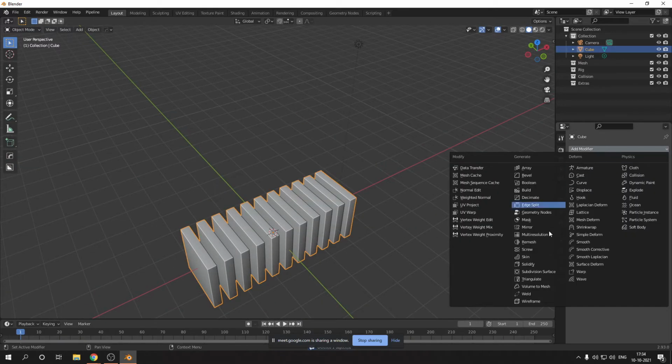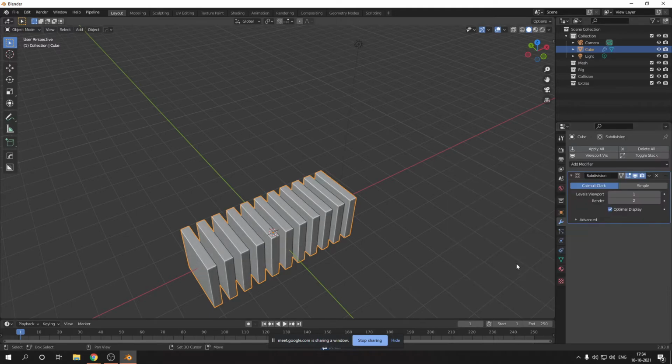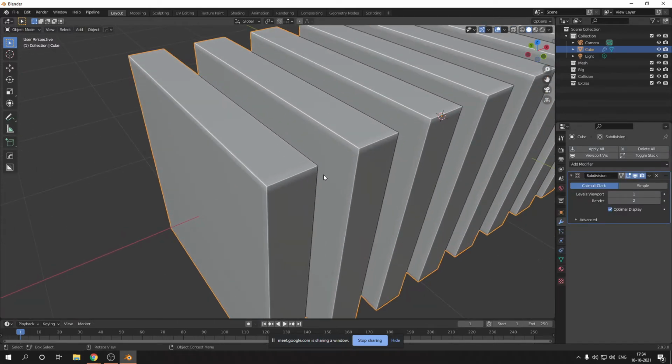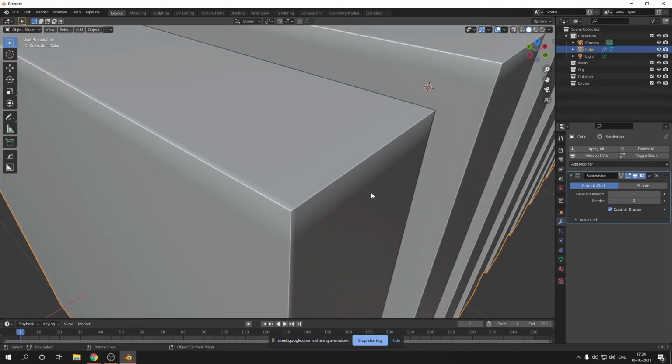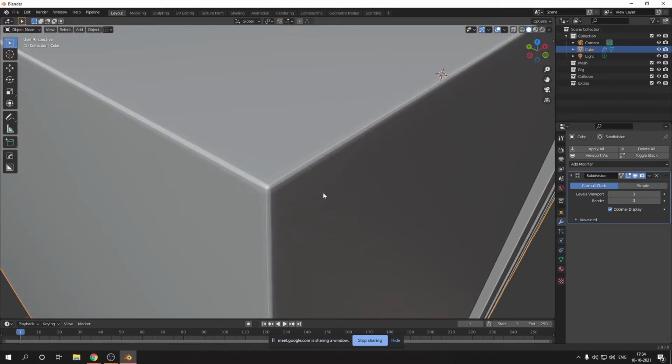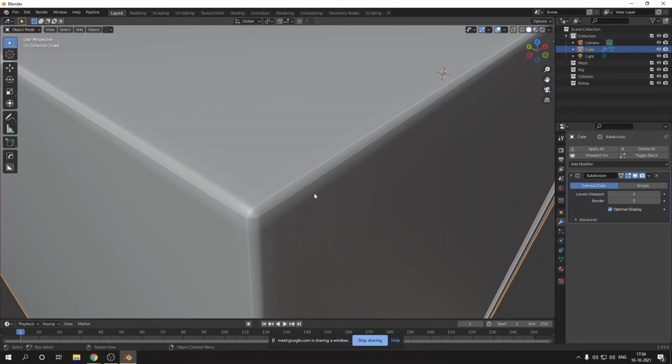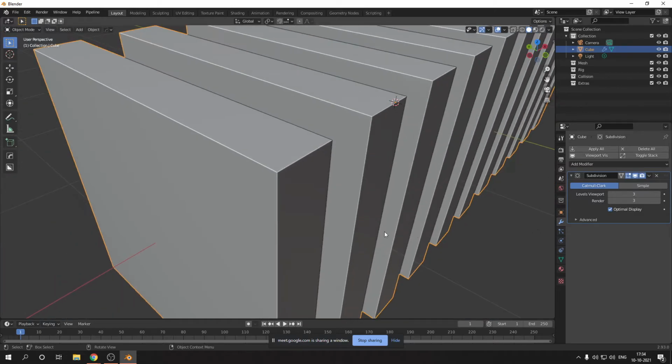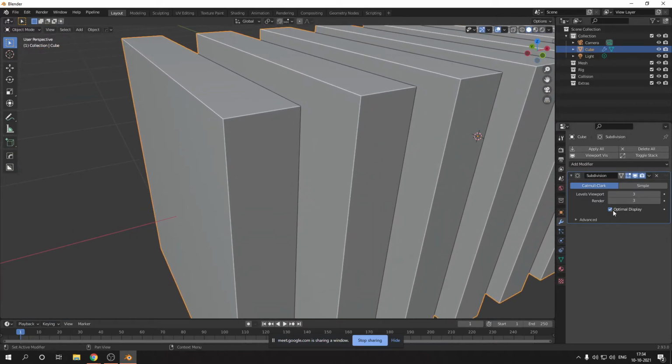Let's get back to subdivision surface. We call it subsurface. I'm sorry, bad habit. Now what it does is, you see what happens here? See, 1, 2, and 3. It's now so smooth that you will not notice the bevel until you're super close. And what it does is, if I can show you the optimal display,